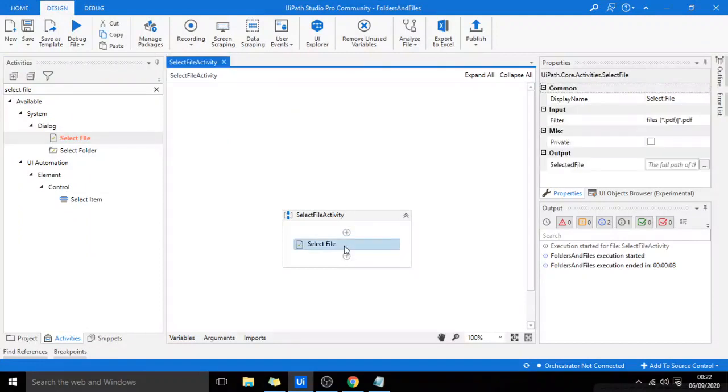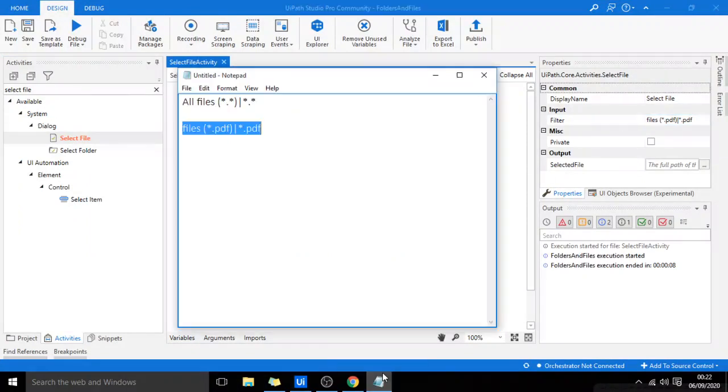Now suppose you want to display more types of file. For that you need to change this expression. Suppose we want to display PowerPoint files also. For that I will write a semicolon, star dot pptx.